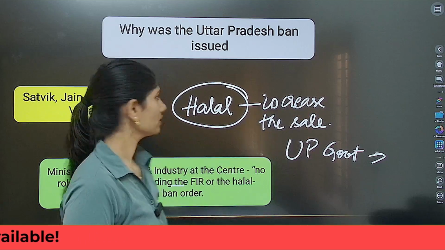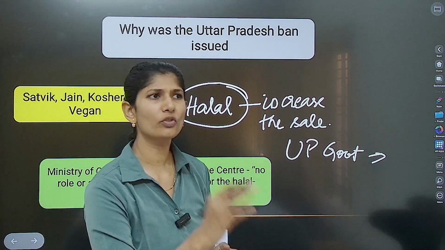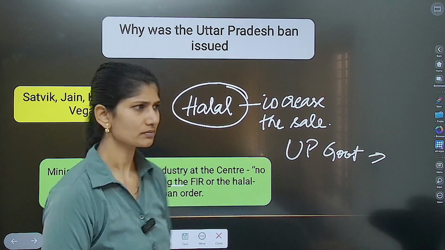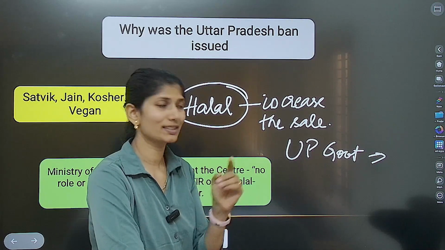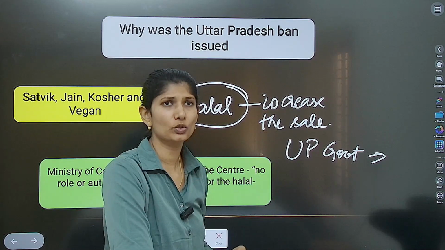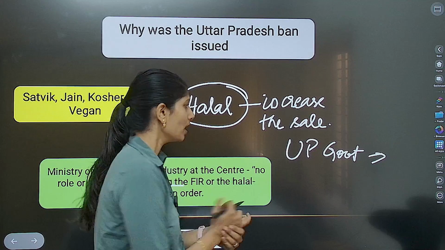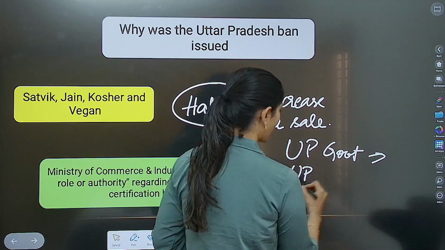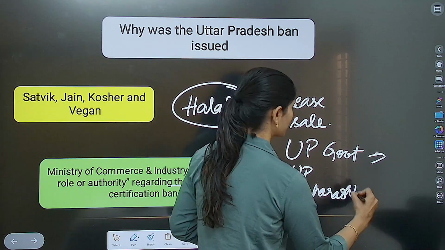Now, when Halal India and others went approaching the Supreme Court, it told them to go visit the Allahabad High Court. Halal India and these organizations said that this ban could become pan-country, that is, it could create an issue throughout the country. Meaning what? After the UP government's ban like this, Maharashtra also claimed we should also bring something like this